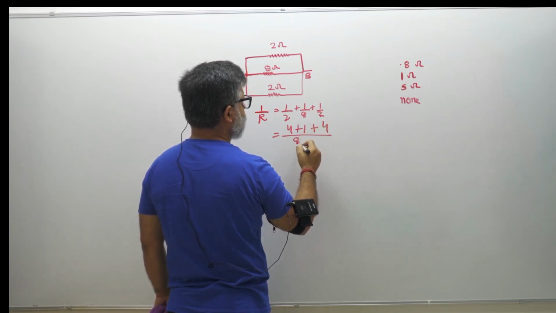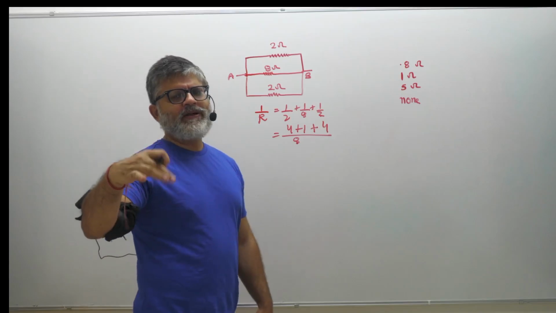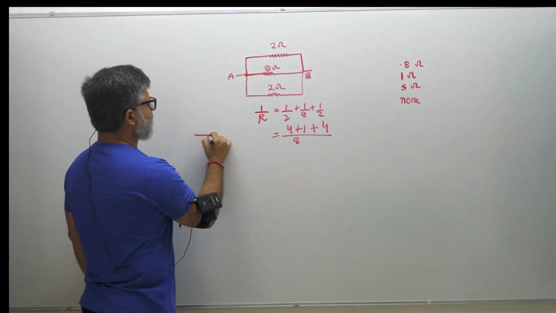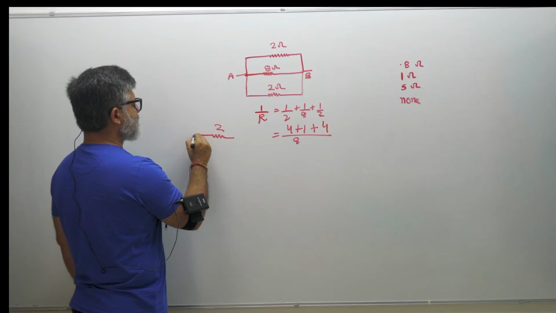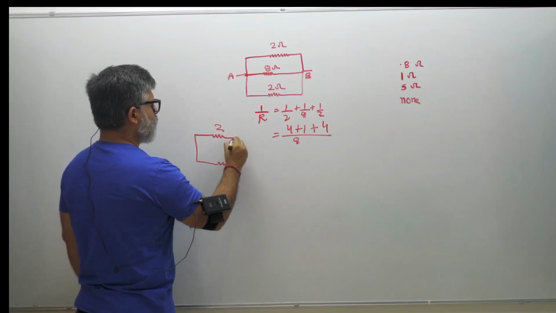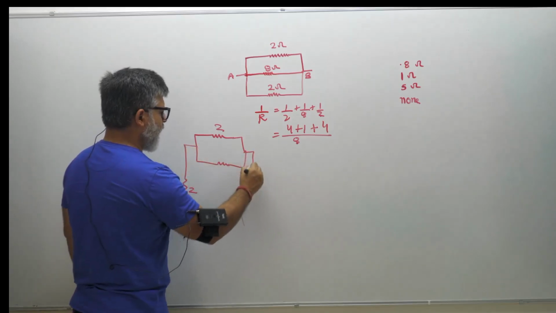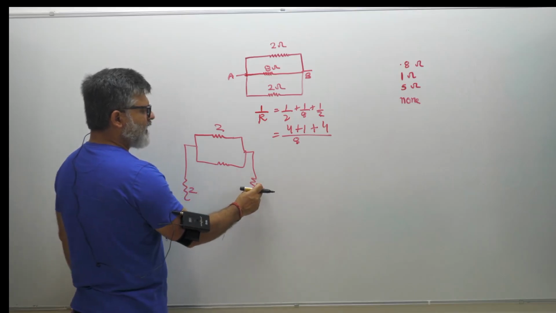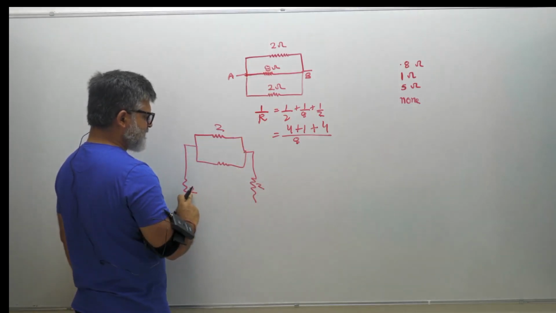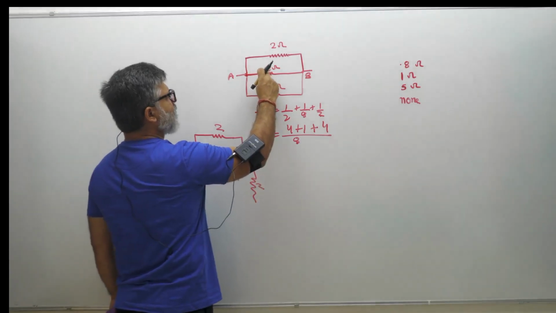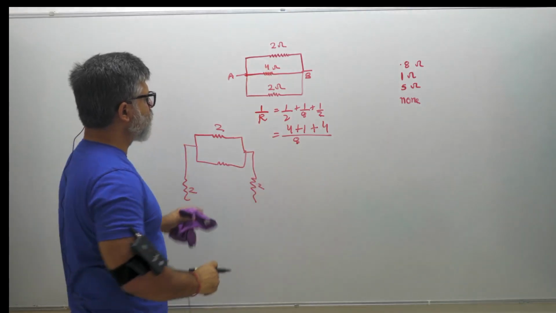So this will come out to be, sorry, I think the circuit which was there, if you go back to the circuit, the external resistances which were there, so this is 2, and this was also 2. In the question, the external resistances are also 2 and 2. What I had taken these to be 4 and 4, and that is why I got 8. These are 2 and 2, so this actually becomes 4. So my mistake, I should have taken this as 2 and 2, so I'll just correct it here.